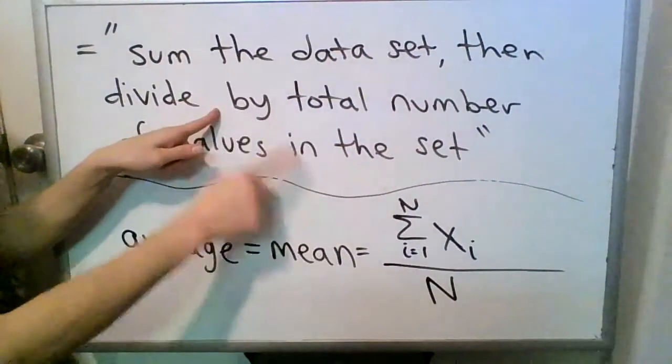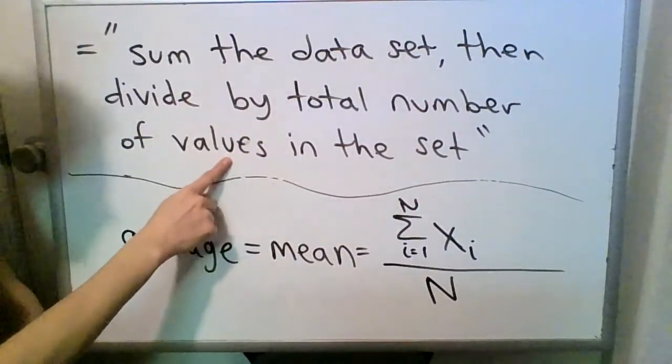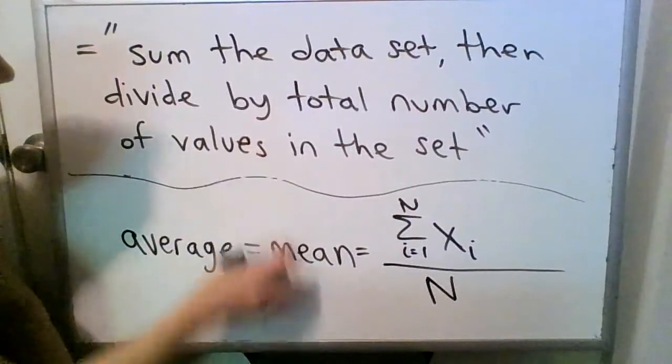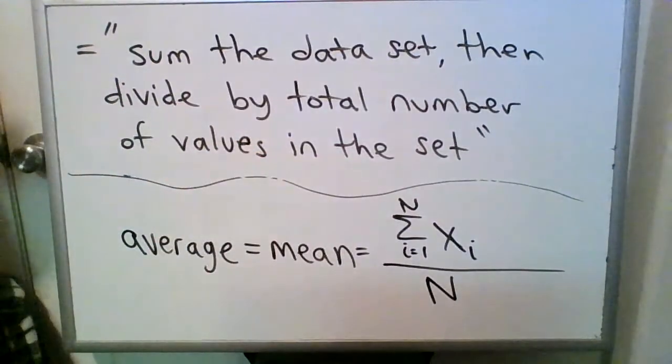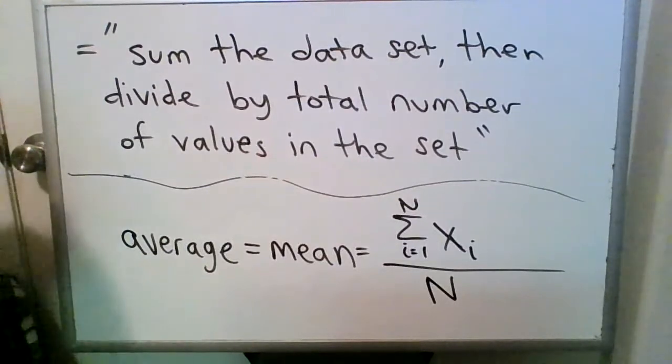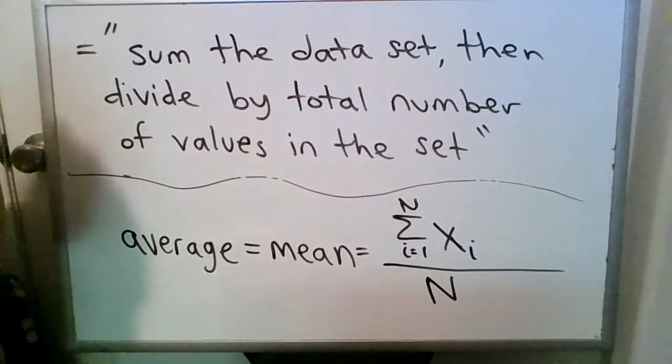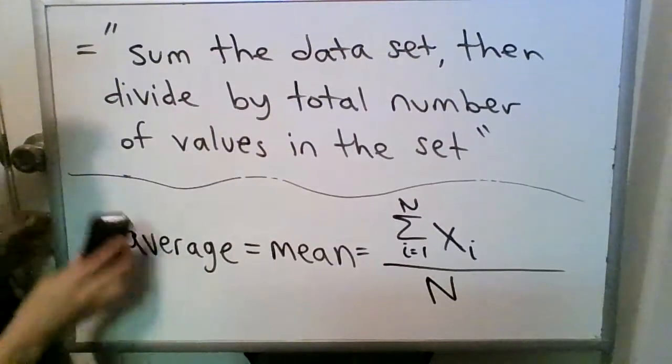Which means divide by capital N. Capital N is the total number of values in your set. Okay, so we're going to find the average of the data set